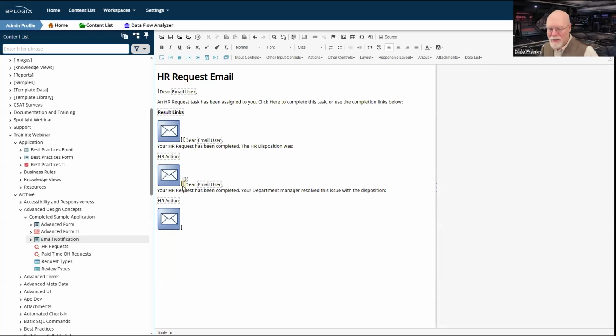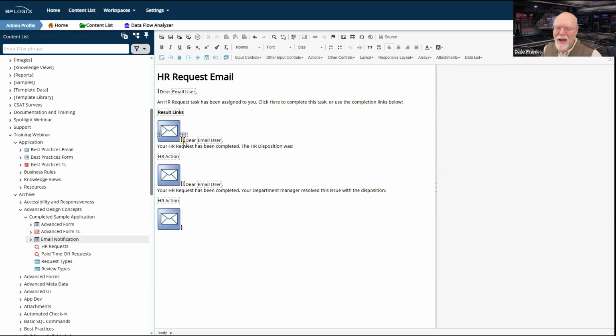I'm putting these sections back to back intentionally because I'm concerned about the vertical space of having extra paragraph marks here. I just don't want there to be any extra vertical space, because if I have vertical spaces between the end of one embedded section and the start of another, then it's going to throw an extra paragraph mark. So what I'm going to end up with, if I don't do it this way, is an empty paragraph above that notification and two empty paragraphs above that notification. So my email is going to look weird.